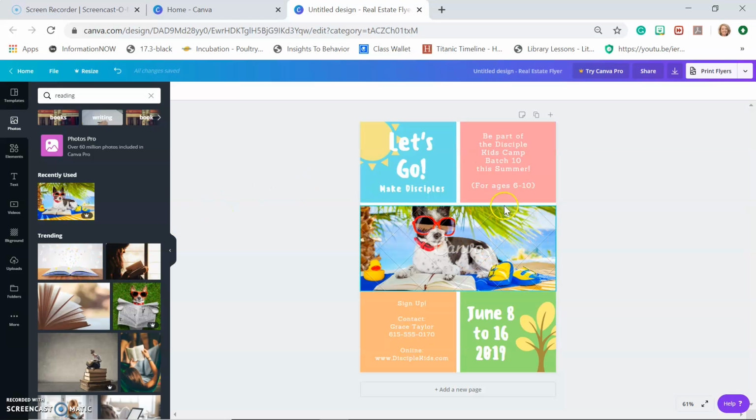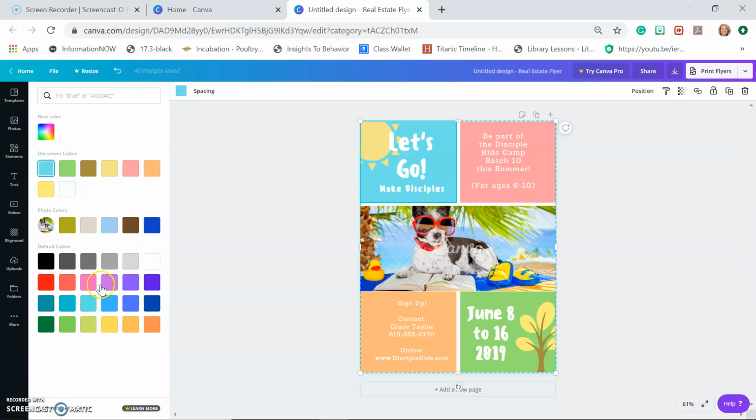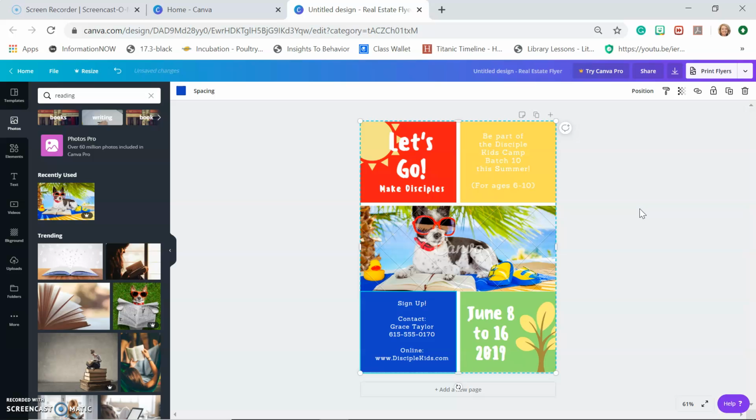Okay, so since my picture doesn't really match the color scheme of this, you can click right here on the background, and if you just click this color, you can change the color of that. And on any of them, actually. So let's just make them match a little bit. Okay. All right, and then,